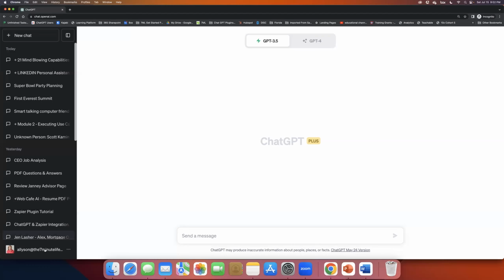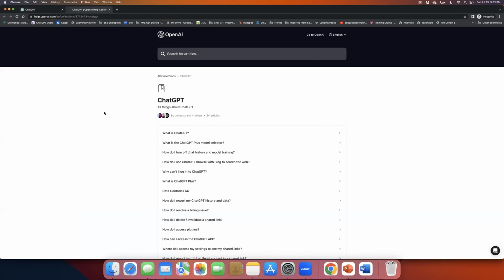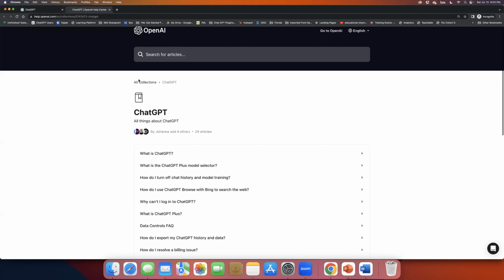At the bottom left, you're going to see your email address, and with the 3 dots, you'll have access to 4 areas. The first one is clear conversations, which I keep my conversations. The second one is your plan, so you can look and see if you're on a free plan or a paid plan. The third one is help and FAQ, and it is a good idea to read documentation from any